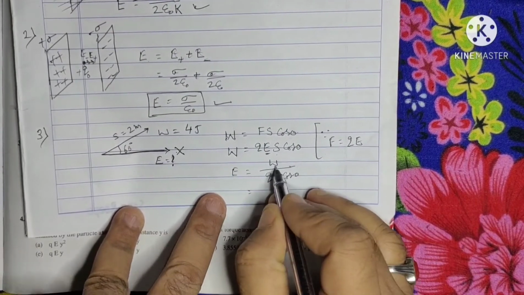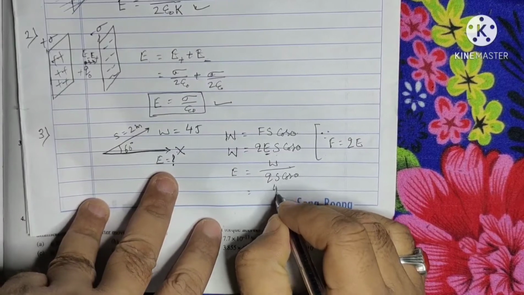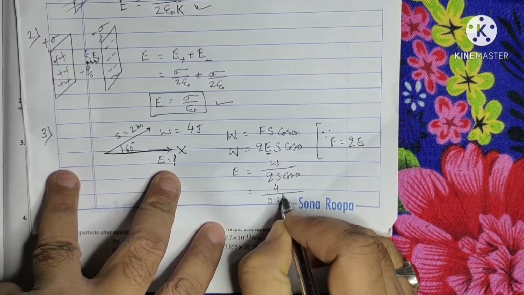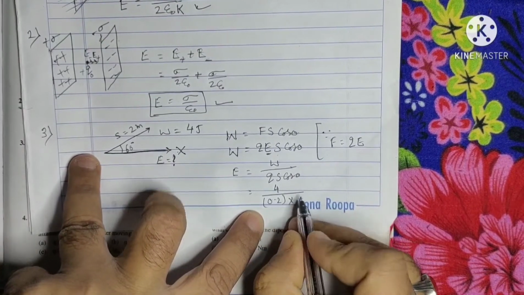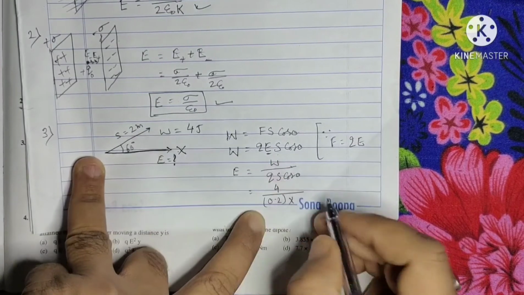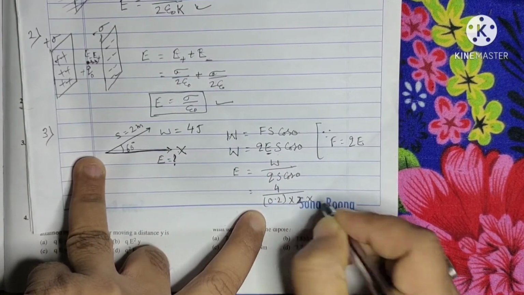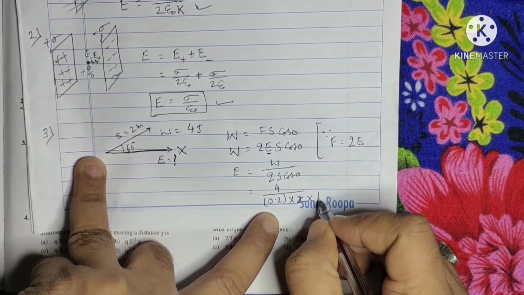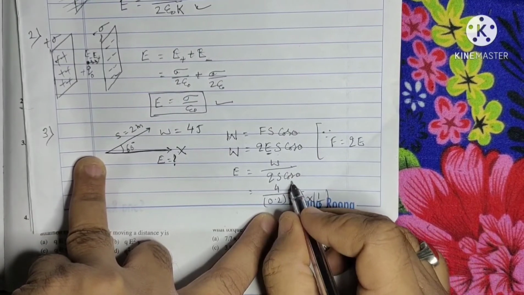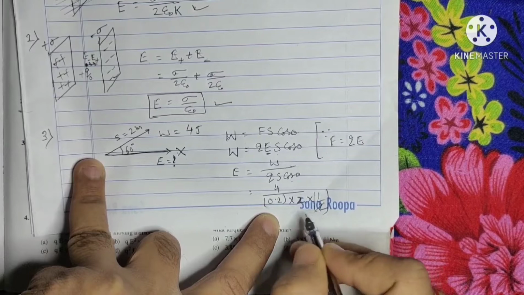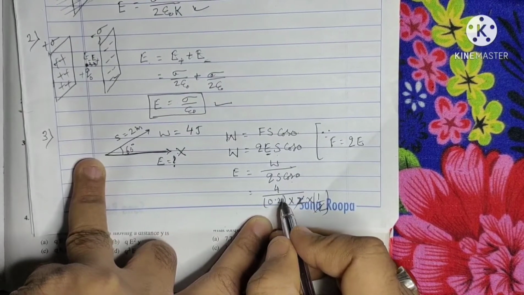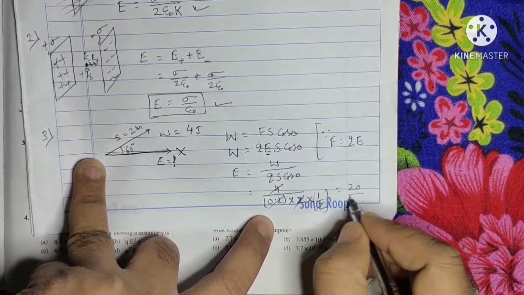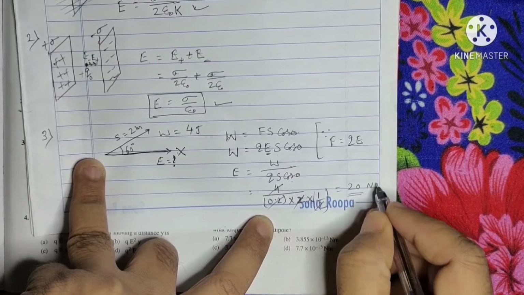Therefore from this, W means how much has he given? 4 joule is given. 4 divided by the Q value. The charge Q he has given is 0.2 coulomb. And into displacement S, that is 2 meter given. 2 into cos theta, he is telling cos 60. So cos 60 is nothing but 1 by 2. Therefore these 2 will get cancelled. Therefore this 0.2 and this 4 will get cancelled, giving 20 times. So the answer is E is equal to 20 Newton per coulomb.